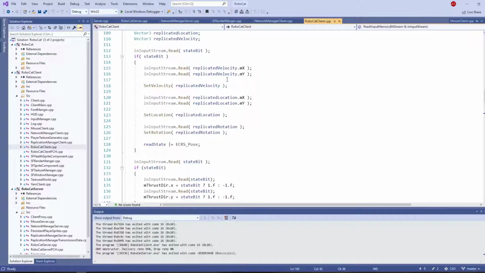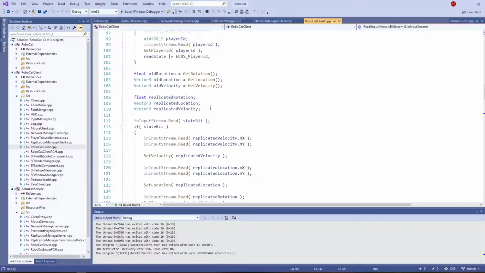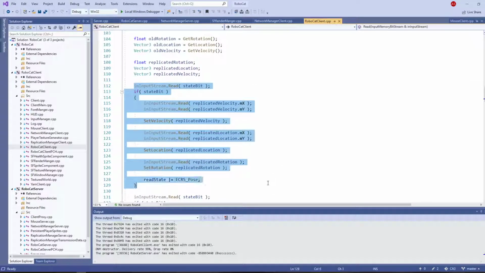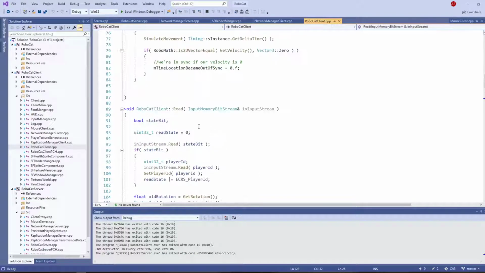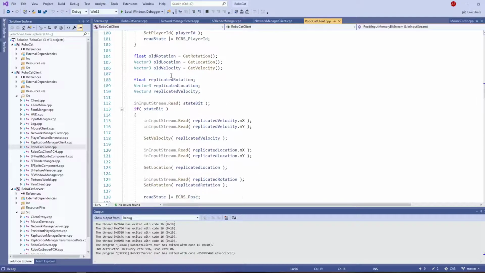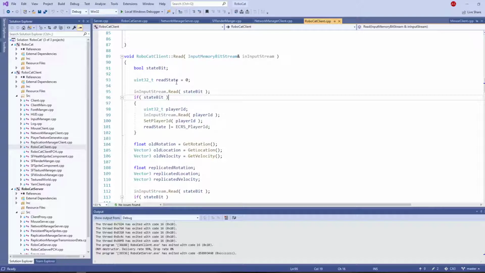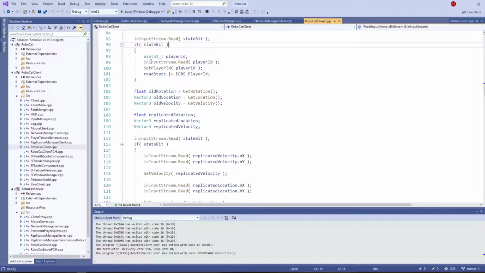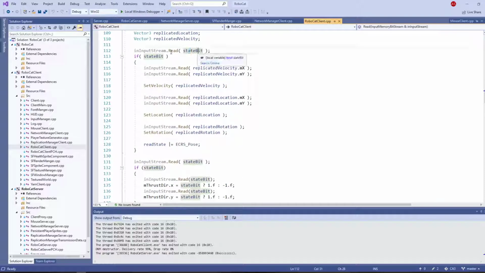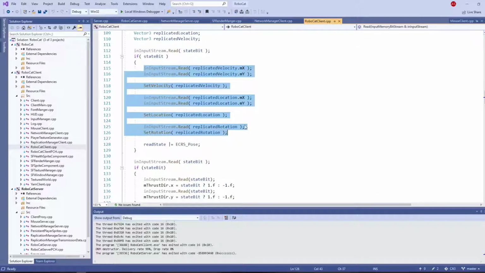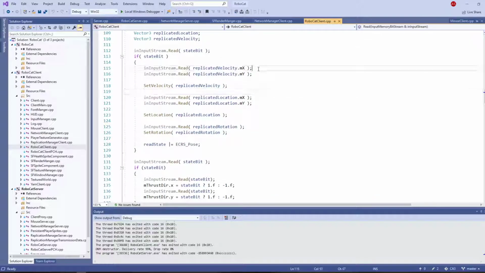So probably the most common here is going to be the location and rotation, and then maybe a little bit of health. So a lot of compression here. So this is going to be just one. On your normal daily basis, the most common is going to be just one byte and then nothing more than that, because this is just reading a boolean, and then one byte here, and then read all of this, which is basically, I think, 4 bytes, 4 bytes, 4 bytes, 4 bytes,